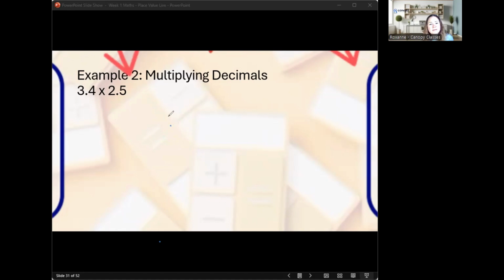So I'm going to turn 3.4 into 34. And then 2.5 into 25. That's better. Okay. So we're going to multiply each of the top numbers by the one below. So we've got 4 times by 5 is 20. I'm going to carry that 2 across. And then I'm going to do 3 times by 5 is 15. Add that 2, and I get